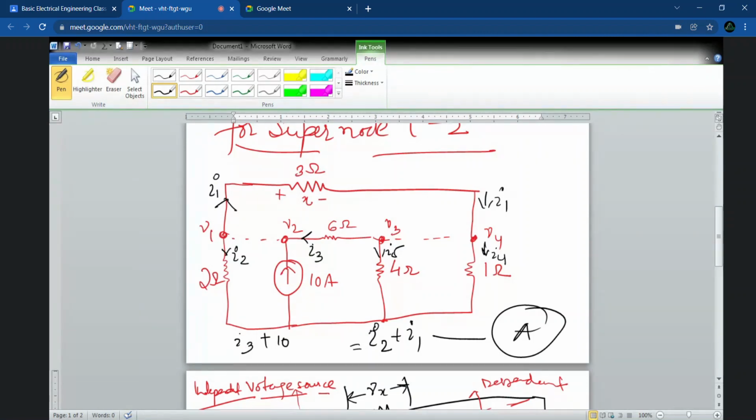So this is okay. This is according to KCL, or we can say depending upon this supernode, we have written the node equation for 1 and 2 that you need to mention over here. ठीक है, ये सब कुछ समझ आ गया?